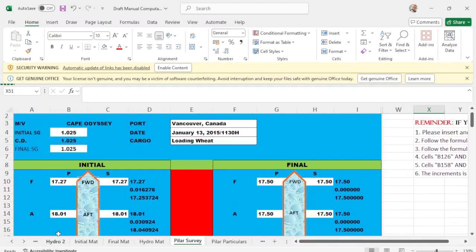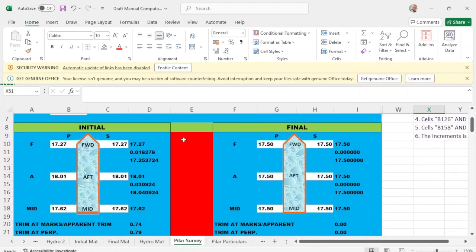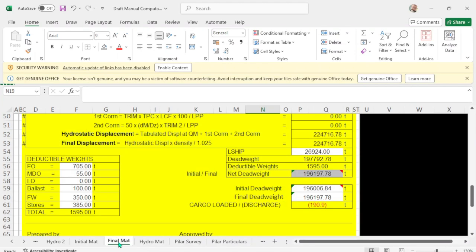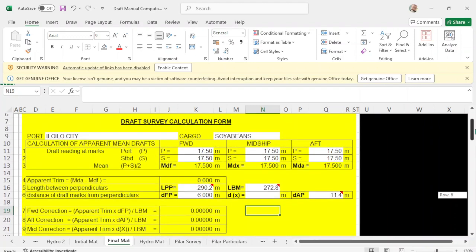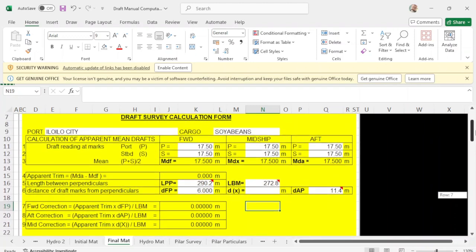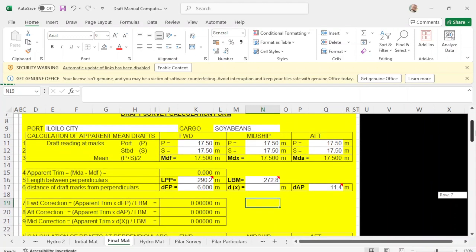Okay, so I have here the same draft. What's that? 1727, 1750, 1750. Okay, that is the final.